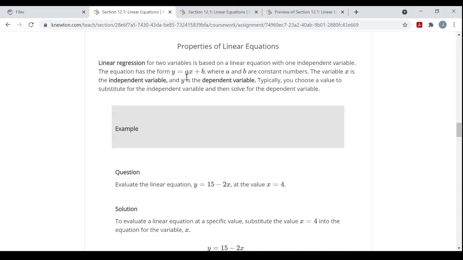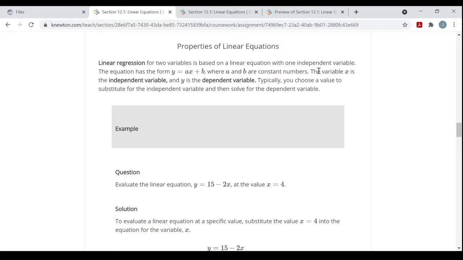Now you're probably familiar with y equals mx plus b, where m was the slope, right? So this is the same, except instead of m, they have a. So a will represent the slope of some line,